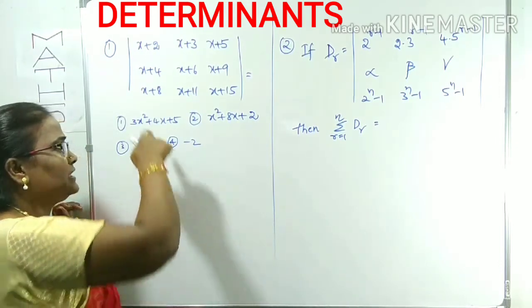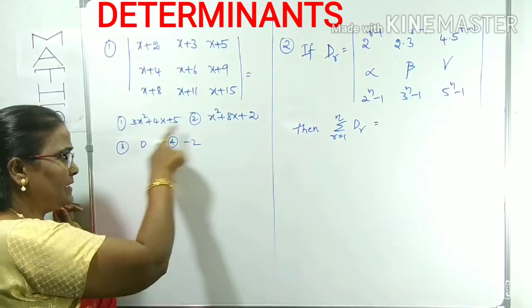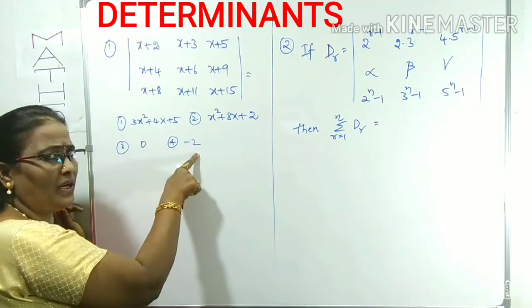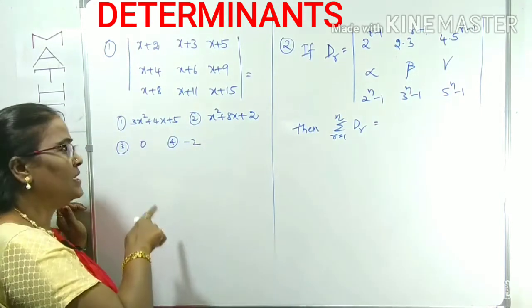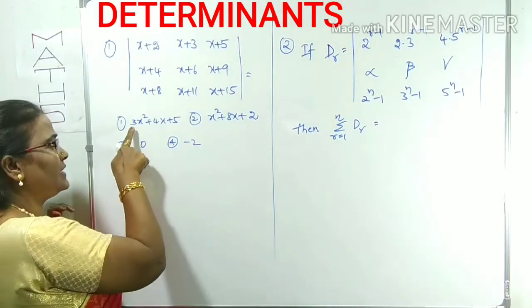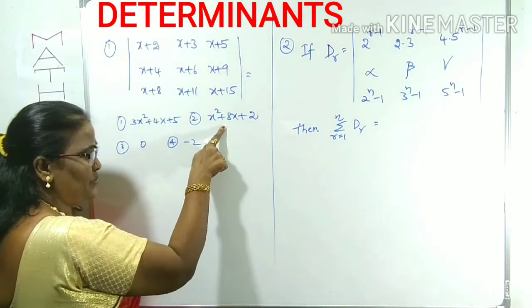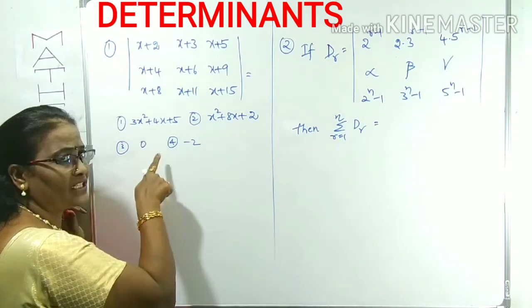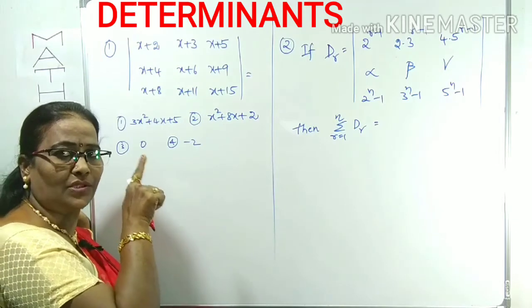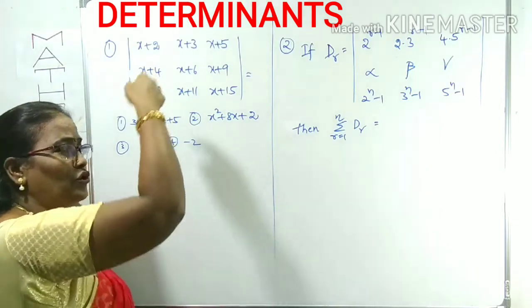Here, first you can observe the options also. In these four options, two are known values directly, 0 and minus 2, but in the other two there will be x. Suppose x is 0. If you take x is 0, the first option becomes 5 and the second option becomes 2. These are different from 0 and minus 2, meaning there is no repetition in the options by taking x equals 0. That's why I can take x is 0 in the question also.